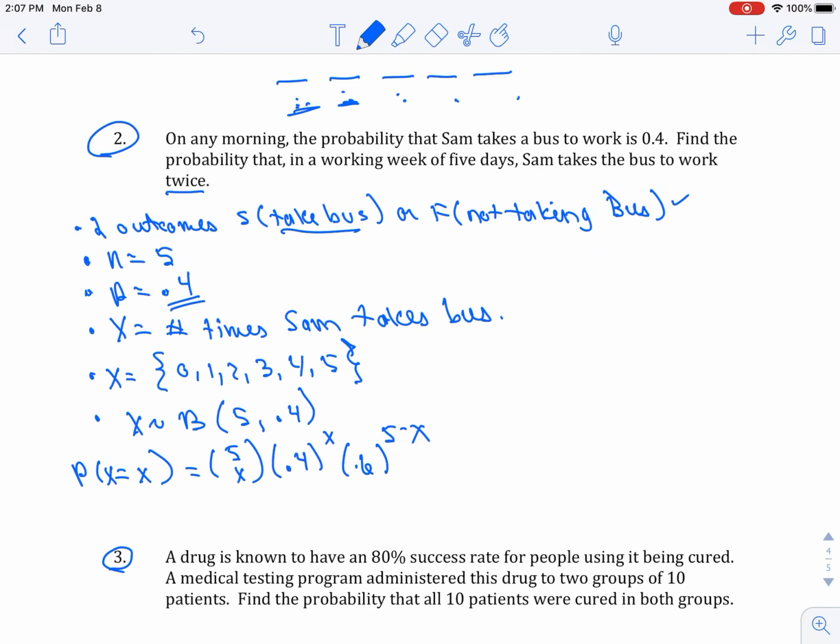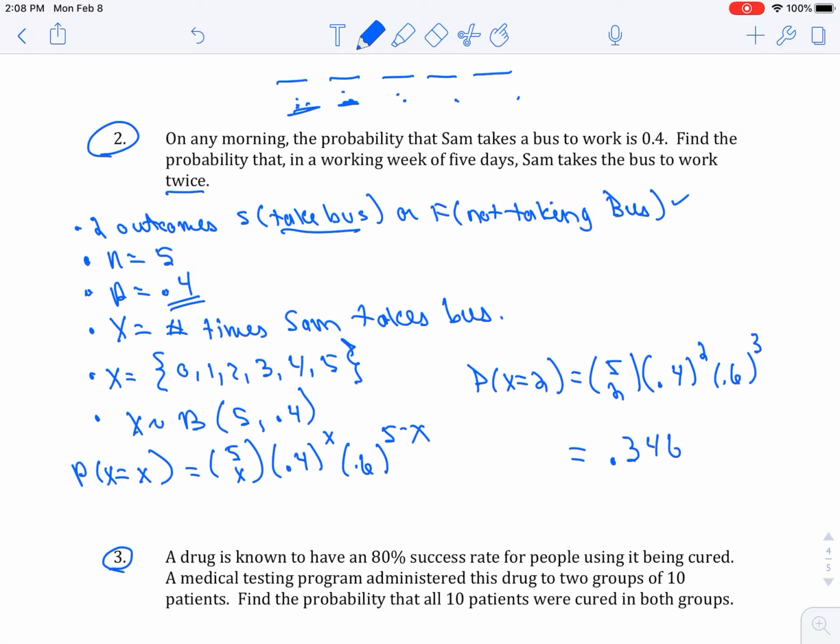In this particular problem, we're really just interested in knowing the probability that X is equal to 2, that he takes it 2 times during the week. So that's 5 choose 2, and then 0.4 squared times 0.6 to the 5 minus 2, which is to the 3rd. And when you multiply that out, that should be